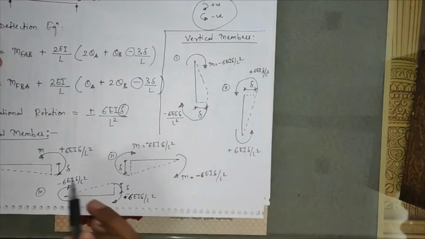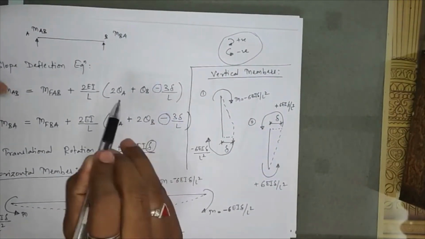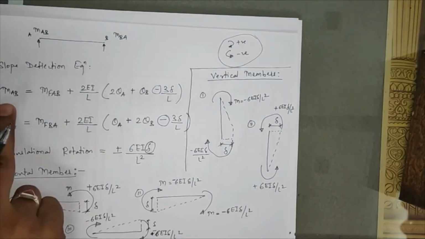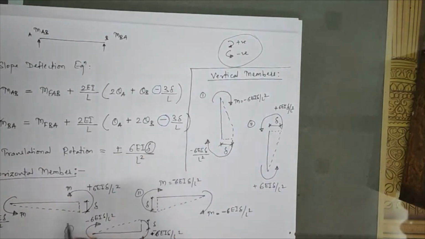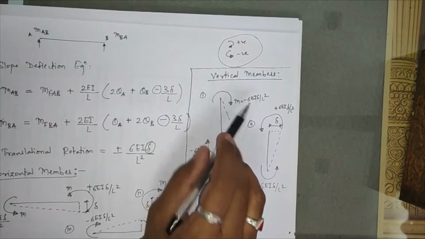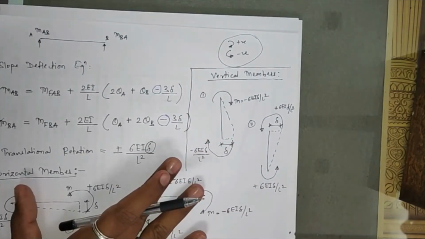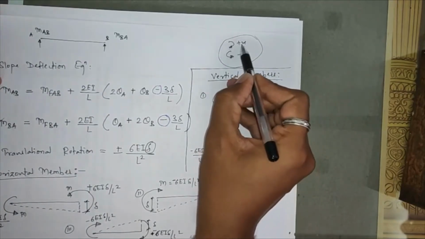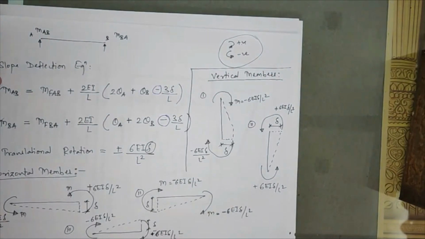Right, so according to this sign convention, you have to vary your sign in the slope deflection equations. Okay, so remember this sign convention: anti-clockwise we will treat as positive, and clockwise we will treat as negative, just for these rotations due to translational displacement. Otherwise, in every numerical we are going to consider our natural sign convention, that is clockwise positive and anti-clockwise negative. So depending on these equations and our sign conventions, we'll start with our numericals of slope deflection equation.